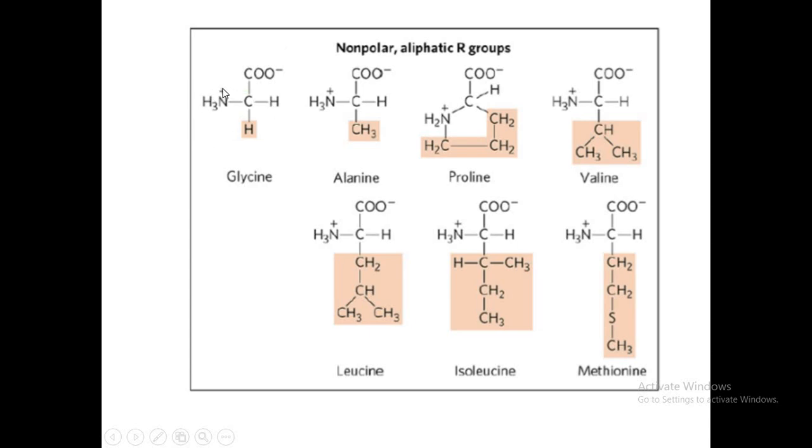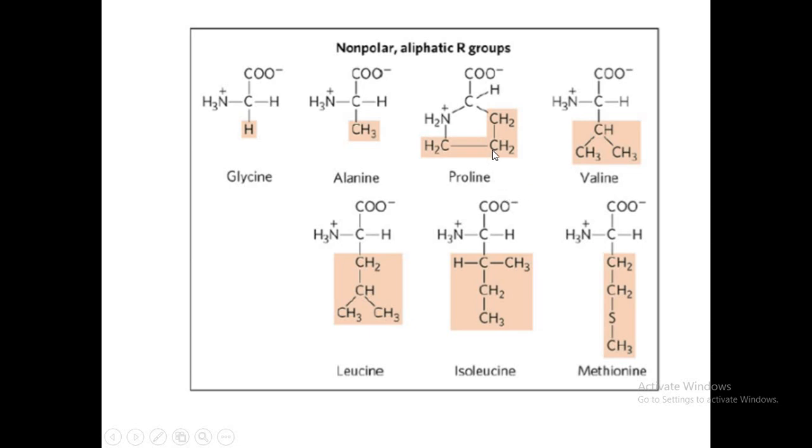It has one amino group, one carboxylic group, one hydrogen atom, and one R group. And the R group of glycine, one of the simplest amino acids, is another hydrogen atom. So glycine is one of the simplest and smallest amino acids, because it has the smallest side chain, and that is a hydrogen atom. So what is the aliphatic R group? Aliphatic means this class of